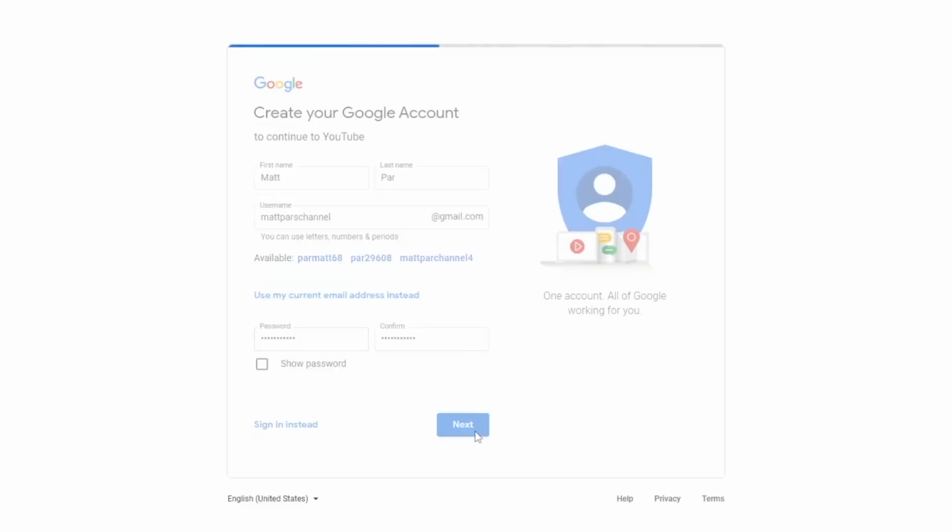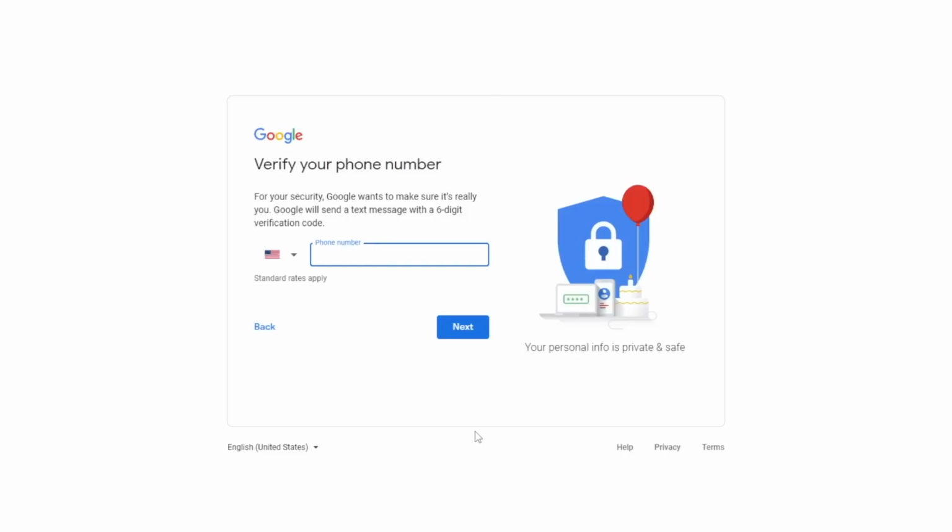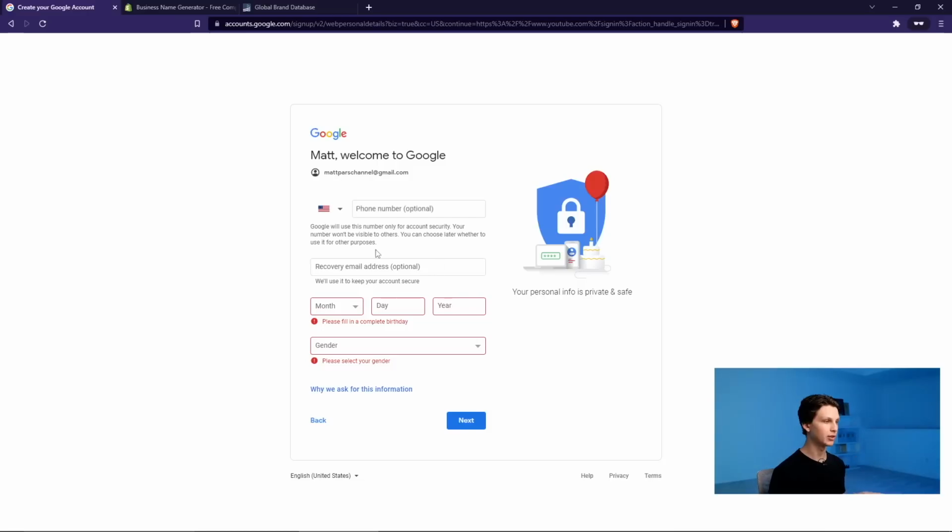From here, then, we simply click Next, and then it's going to ask you to verify your phone number, which is super simple. You just put your phone number right here. From there, Google will then send you a text with a one-time verification code. They simply verify, and then from there, it'll bring you to a page that looks like this,